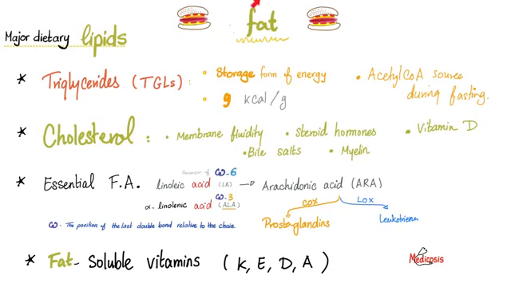Let's talk about the different types of lipids. We have triglycerides, there is cholesterol, there are fatty acids, and the fat-soluble vitamins. Never ever forget that. Tell me more about the fatty acids. There are essential fatty acids and non-essential fatty acids. The essential fatty acids are omega-3 and omega-6. Omega-3 is known as alpha-linolenic acid, whereas omega-6 is linoleic acid. Please note that there is a second N in linolenic, omega-3, but there is no second N in linoleic, which is omega-6. So the mnemonic is just think of opposites.